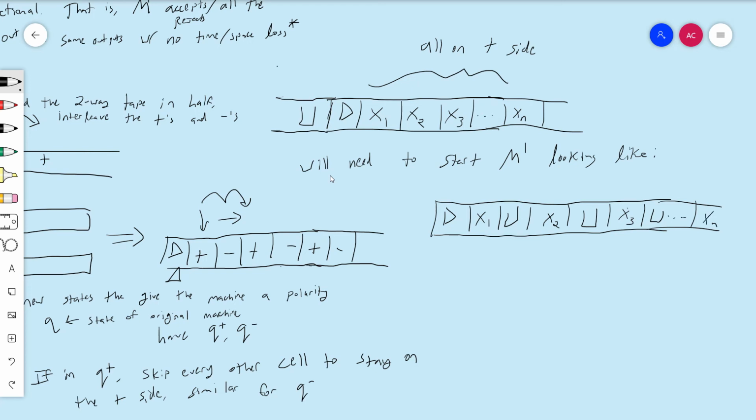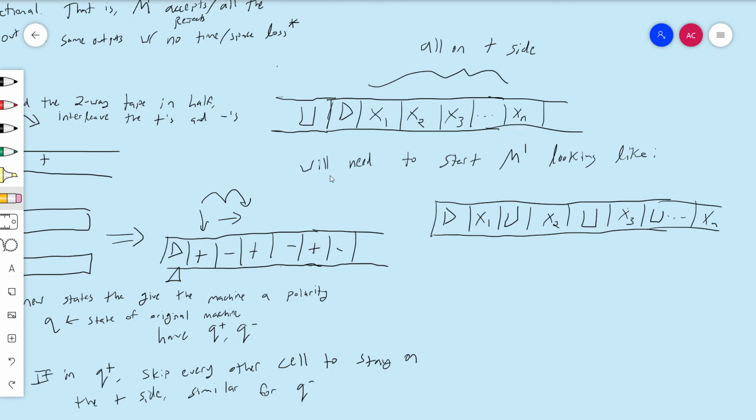I'll need to put a blank in between every one of these. Now, that is a bit of an issue in the sense that I kind of have to use my space creating subroutine. The fastest way that I can think of to do this is to move the cursor all the way over to xn, and then use my space creating subroutine right here, move xn over, and then keep doing that working back. And if you think about the number of steps required to do that and to configure the initial string